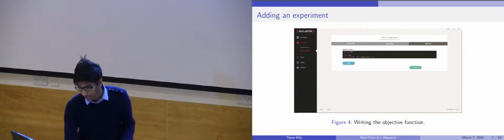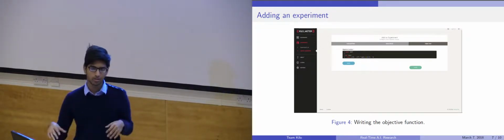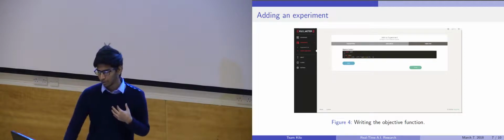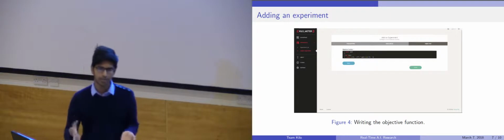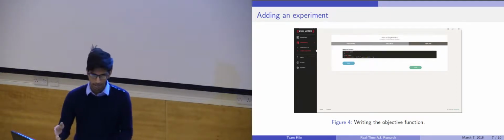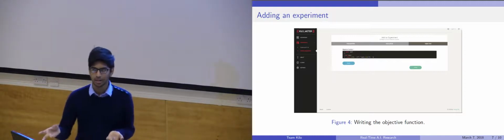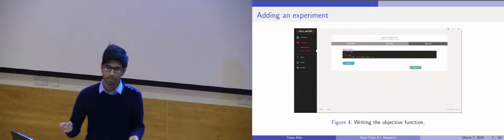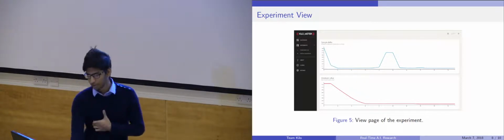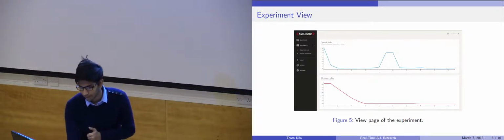Then you enter your objective function, which is the function that you're actually trying to minimize in your experiment. The function that you need to provide is supposed to be in Python code, but theoretically you could give any neural network optimization function here. So all we require is the problem should be a minimization problem, and mostly all of the optimization generally is to minimize your loss. So after you have entered your objective function, then you can click on the finish button,